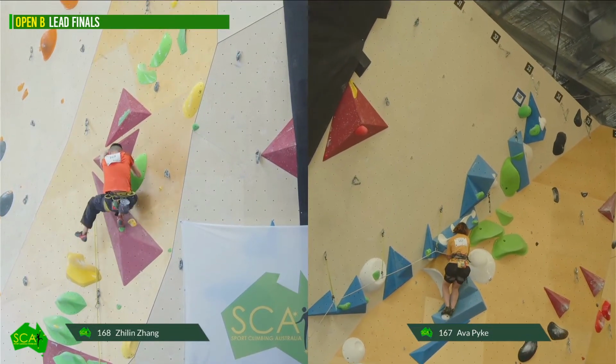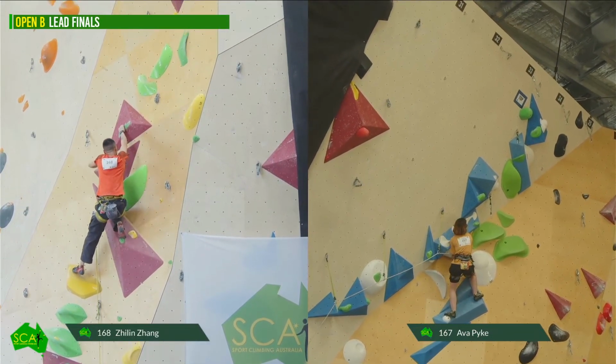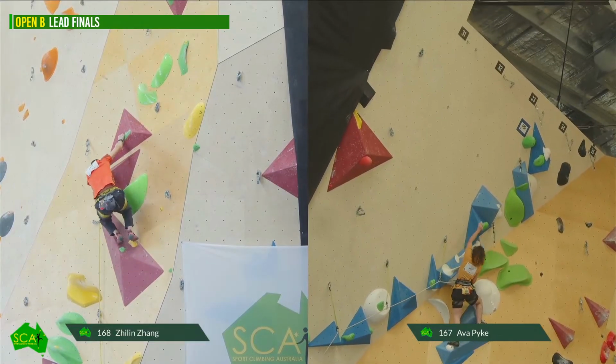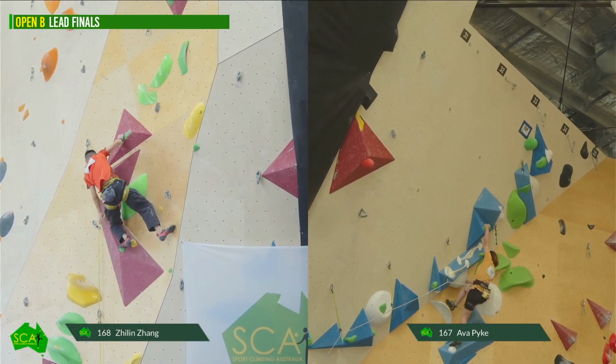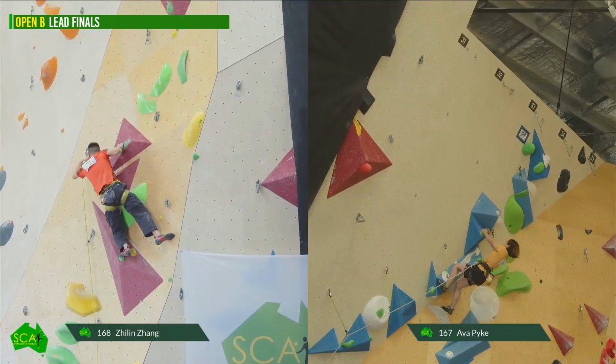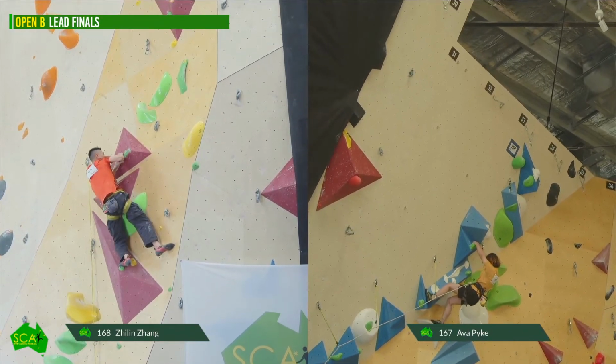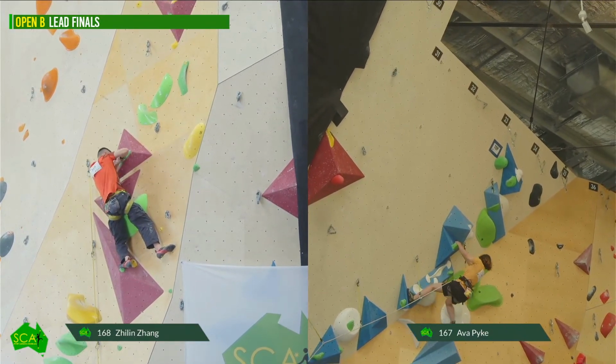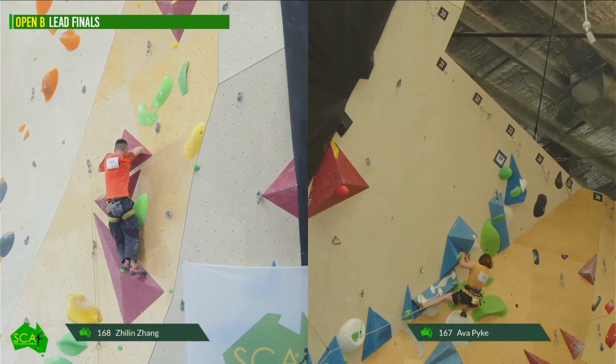Ava just needs that left foot, where her knee is. Oh, she's staying up to the right. Okay, that's becoming quite physical now, but making that work. There we go, big undercling. Yep. All right. Some big holds to go, but the feet start to disappear here, don't they?